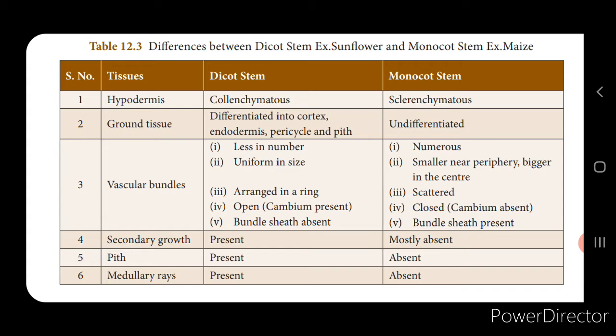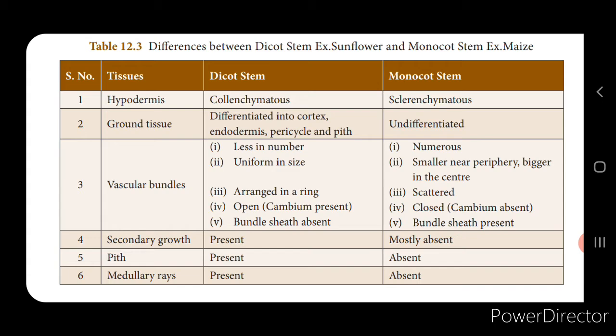And the ground tissues, here it is differentiated, but here it is not differentiated into the cortex, pericycle and pith. All the tissues present below the epidermis are called the ground tissues. Next is the vascular bundle. When you talk about the vascular bundle, there we had vascular bundles arranged in the form of a ring, isn't it? But in the monocot stem, it is numerous, that is, there are more vascular bundles,